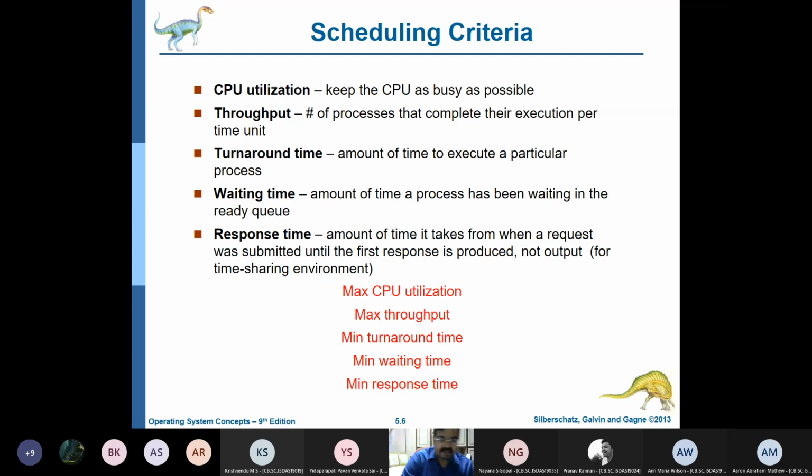Now I also told you that the scheduling algorithm should be such that we have maximum CPU utilization, maximum usage of the CPU where the CPU is not idle, maximum throughput or output, less waiting time, less response time, and less turnaround time. I told you the difference between turnaround and response: response time means you are giving a ping, and the first time he is answering is the response. Turnaround means you are giving the first ping, and when he completes the process, that is the turnaround.